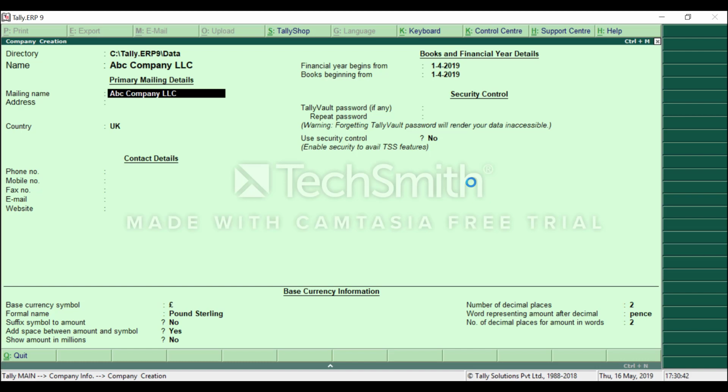In the name you will mention the name to appear on your system, to appear on the screen. You may have different books of accounts under the same name, but you may be required to print a different name on your documents, on your invoice, etc. So whatever you want to appear in the documents for printing purposes, you have to mention in the mailing name. Address,